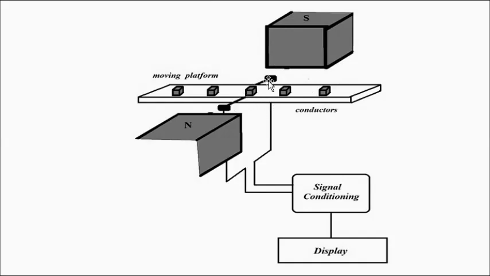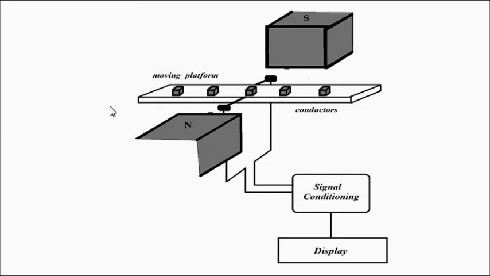And when we connect wires to it, we can cause that current to flow through the wires, and then that magnitude of current informs us about the movement of the conductors,